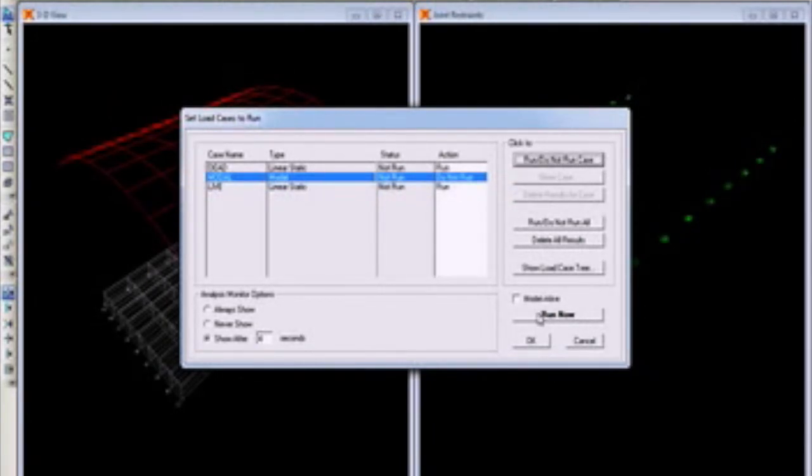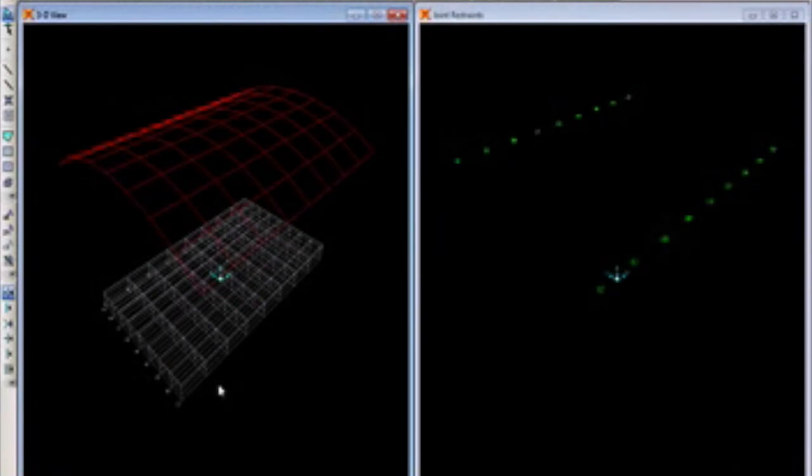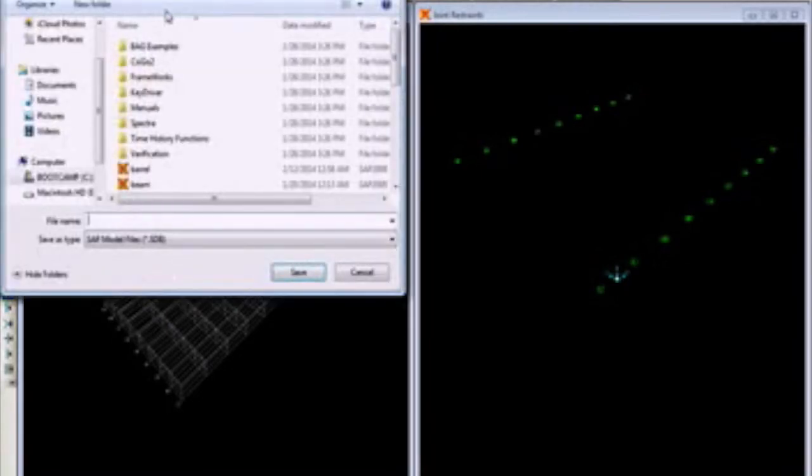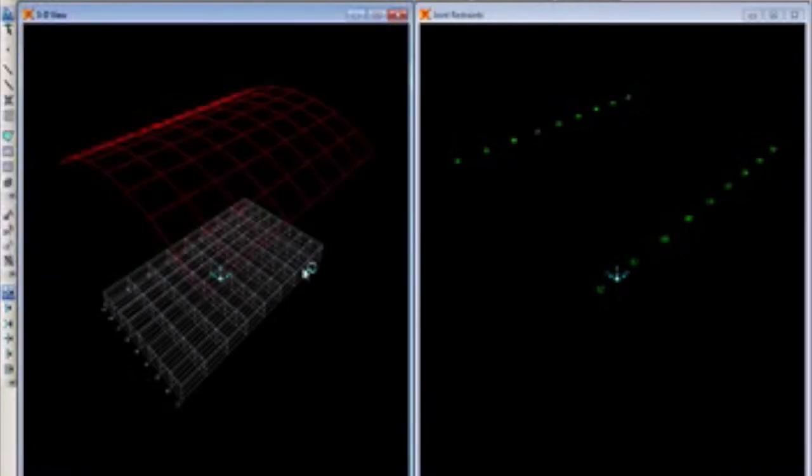So you can just go for Run Now. It will first ask you to save the file. Don't mind, the system is a bit slow. You can name it barrel vaulted structure. I'll just say barrel vaulted, and save the file.